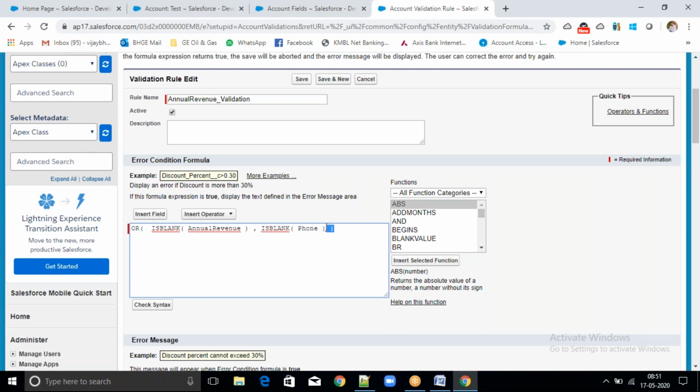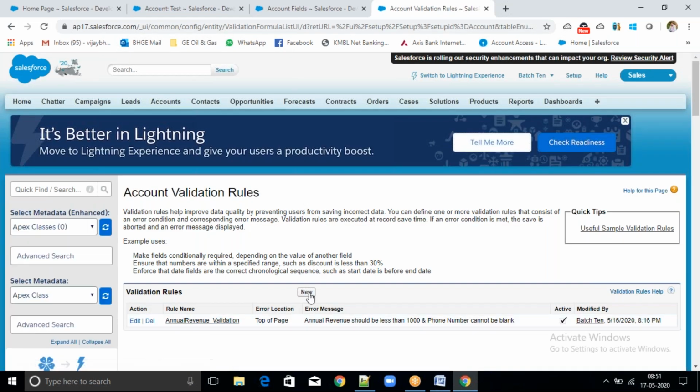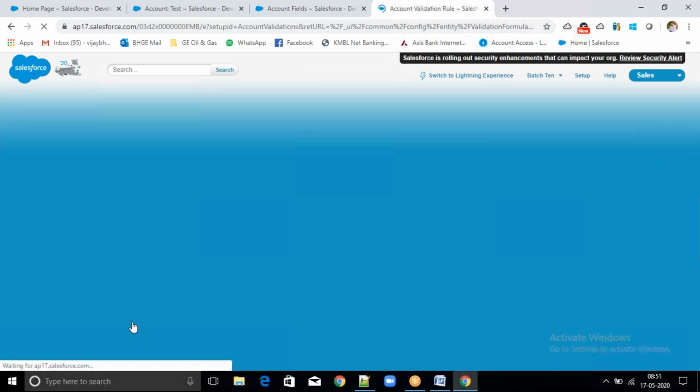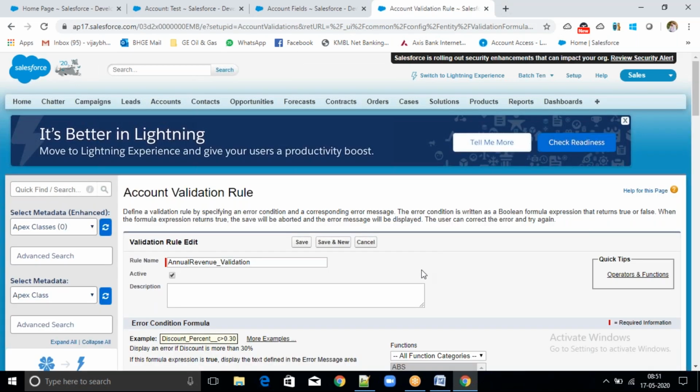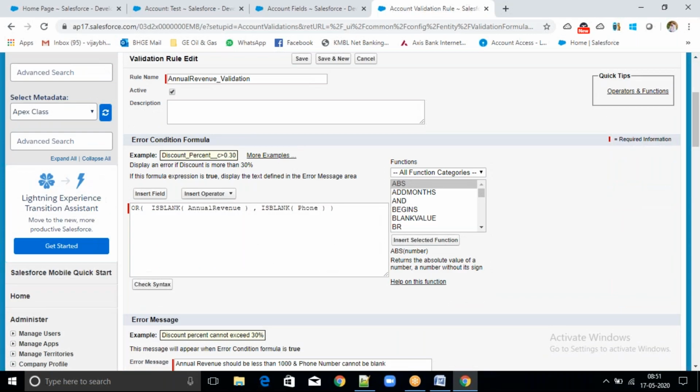So I'm not creating more validations. Otherwise, we can create, no problem. Otherwise, we can edit in only one. Again, I would have to enter every validation, and that is a waste of time, right? So I'm making changes in only one formula.